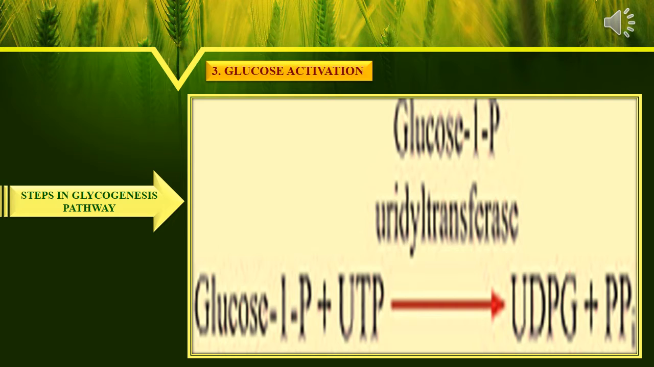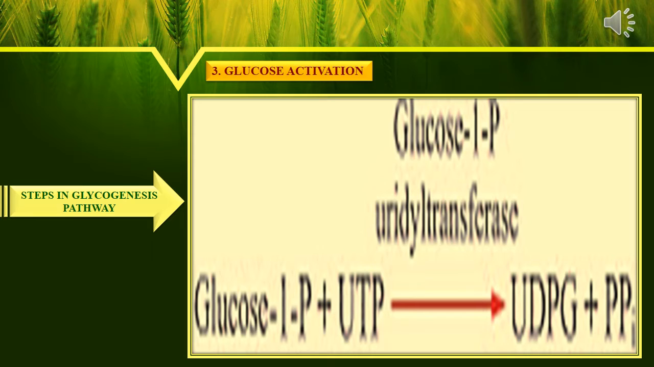Coming to the third step, where glucose activation occurs. Glucose 1-phosphate, with the help of UTP, that is uridine triphosphate, by means of the enzyme catalyst glucose 1-phosphate uridyl transferase, forms UDP glucose and pyrophosphate, where UDP glucose is the glucose donor for the tyrosyl group present in glycogenin. So how is UDPG formed? Glucose 1-phosphate reacts with UTP to give UDP glucose and pyrophosphate, with the help of